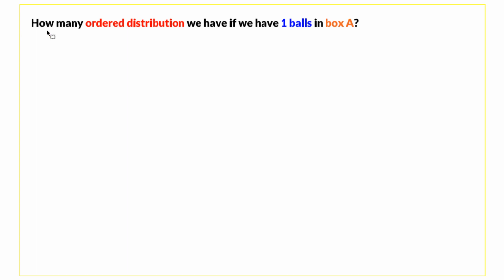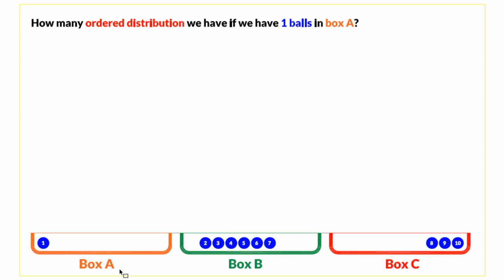Let's ask the question: how many ordered distributions do we have if we have 1 ball in box A? So box A should always have 1 ball, and box B and C may have any number of ordered balls. Let us map the balls first in each box, and we have the sequence. We highlighted the balls in box A with the green color, because it should always have only 1 ball, and we are going to place these barriers delta here and here to separate these balls and to create the correct mapping